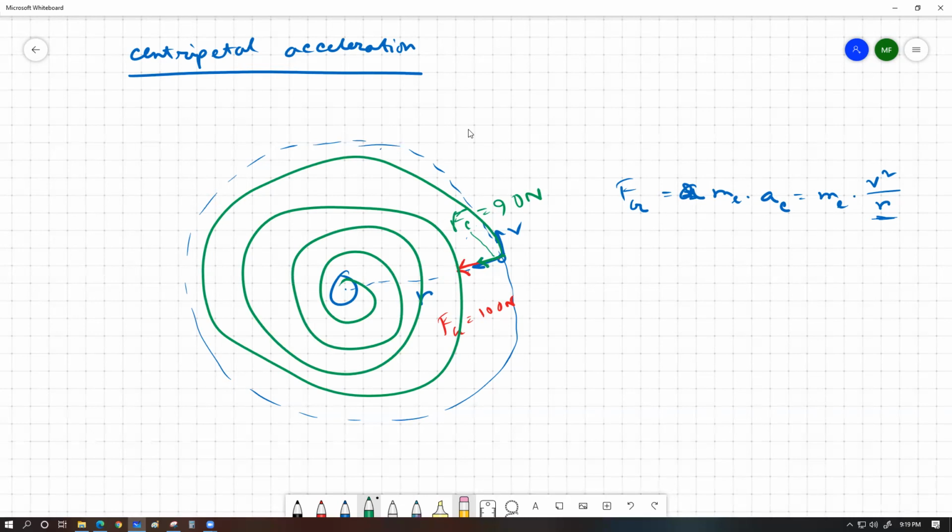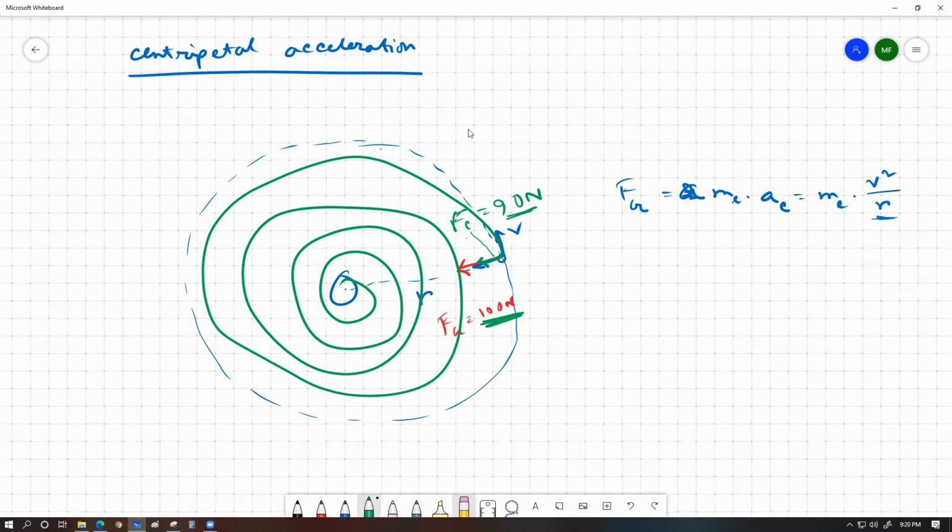Now you might wonder, what if it's the other way around? Let's say the sun is pulling the Earth by 100 Newton force and the Earth requires a centripetal force of 110 Newton. Now that is the scenario by which objects can get further away in a gravitational field, or in other words,